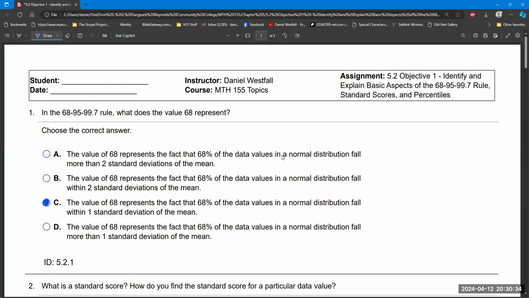It doesn't ask us here, but I'm going to just keep going and tell you that the 95 represents that 95% of the data values in a normal distribution fall within two standard deviations of the mean, and the 99.7 represents that 99.7% of the data values in a normal distribution fall within three standard deviations of the mean, meaning that only 0.3% of the data in a normal distribution fall outside of three standard deviations of the mean